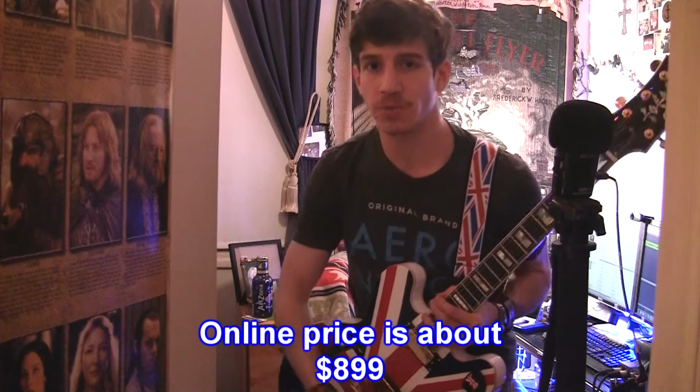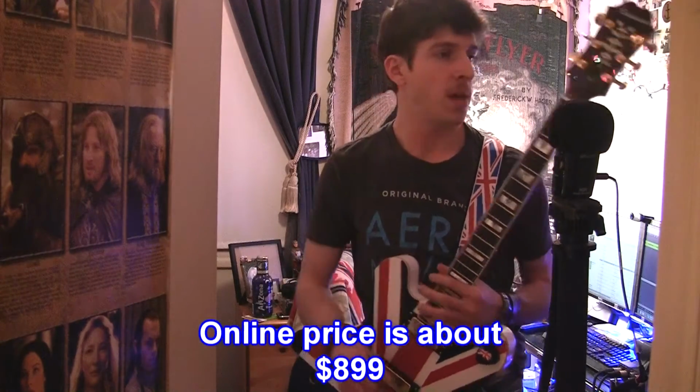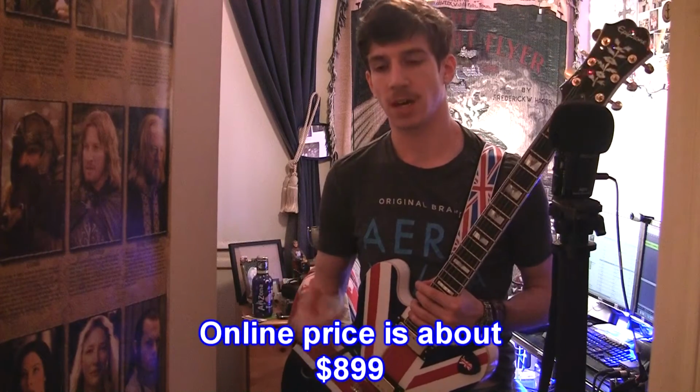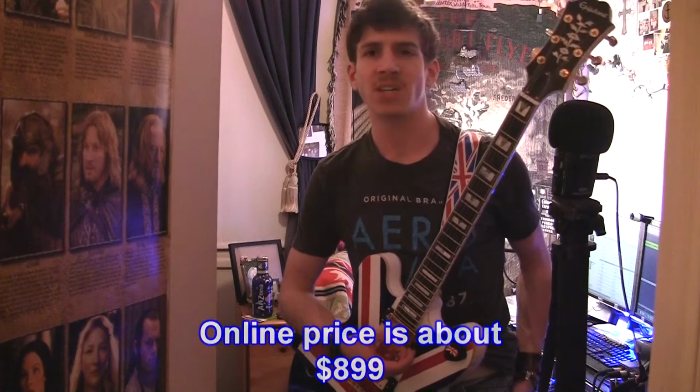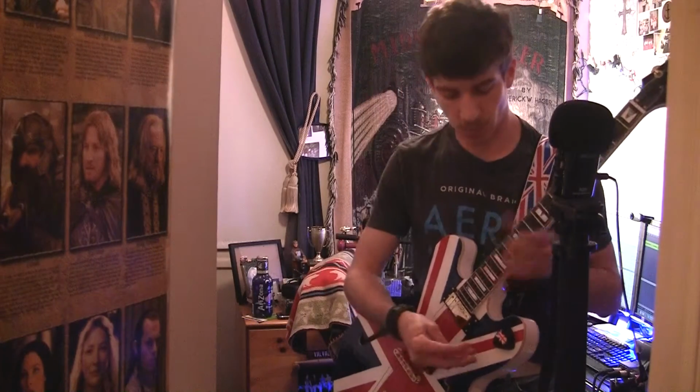Pricing on the guitar will vary based on where you got it from. I got it from Bill's House of Music, and it was about $800 to $900, I think. I don't remember exactly how much it was. So it's not a cheap guitar, but I think it is a guitar that's really worth the investment